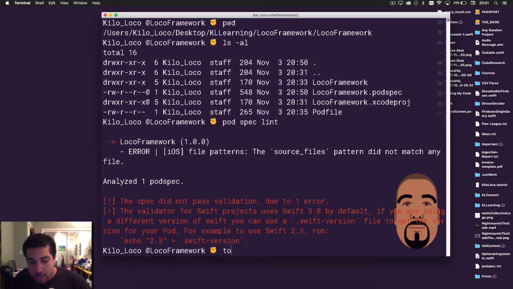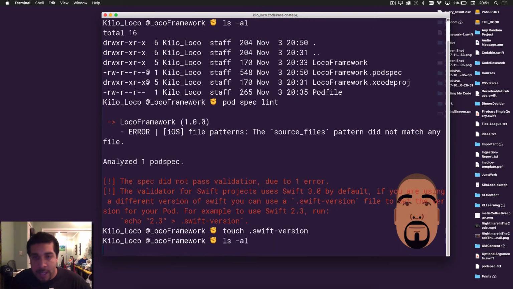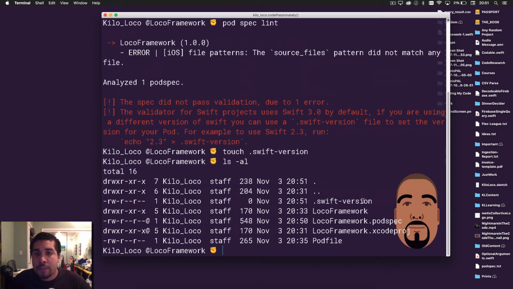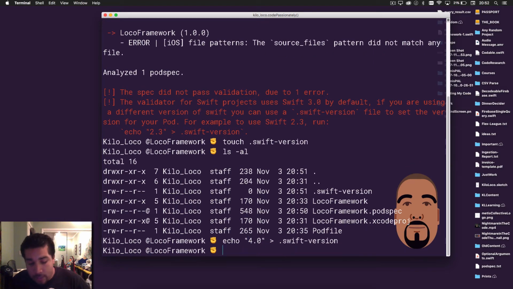If we do touch .swift-version, and then we do ls -al, you'll now see a .swift-version file, right? So instead of having to open it, you could just use this command right here. If we copy that and paste it here, what echo does when you're working with a file is put in whatever text is between those quotes. So this is going to put just 4.0 inside of our .swift-version file. So if we hit enter, and then